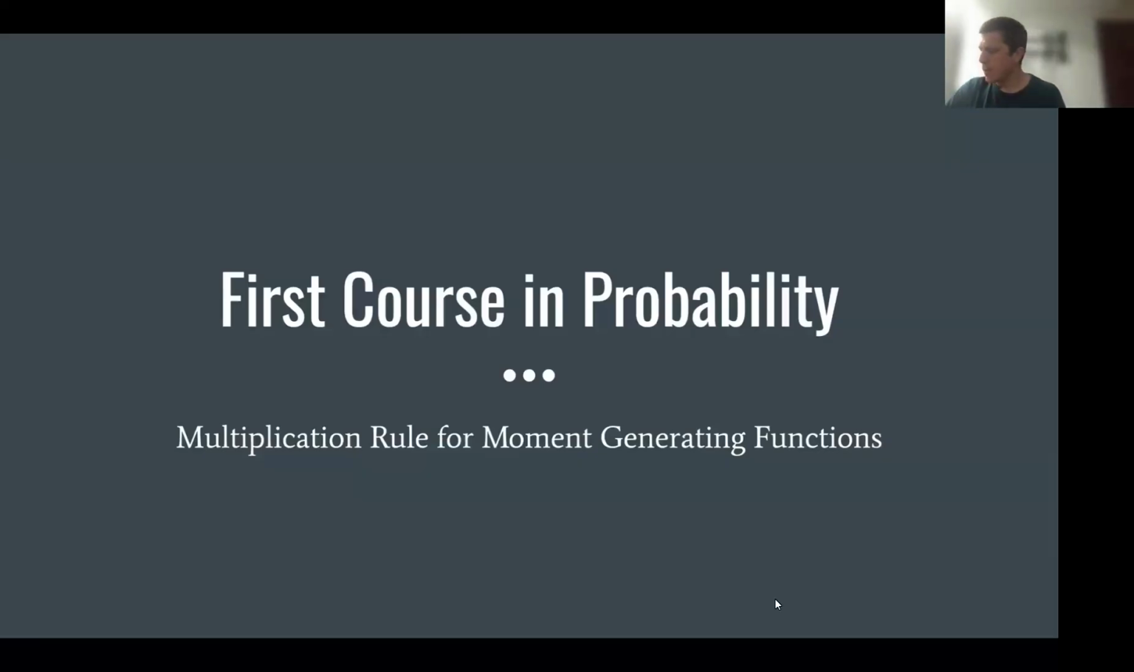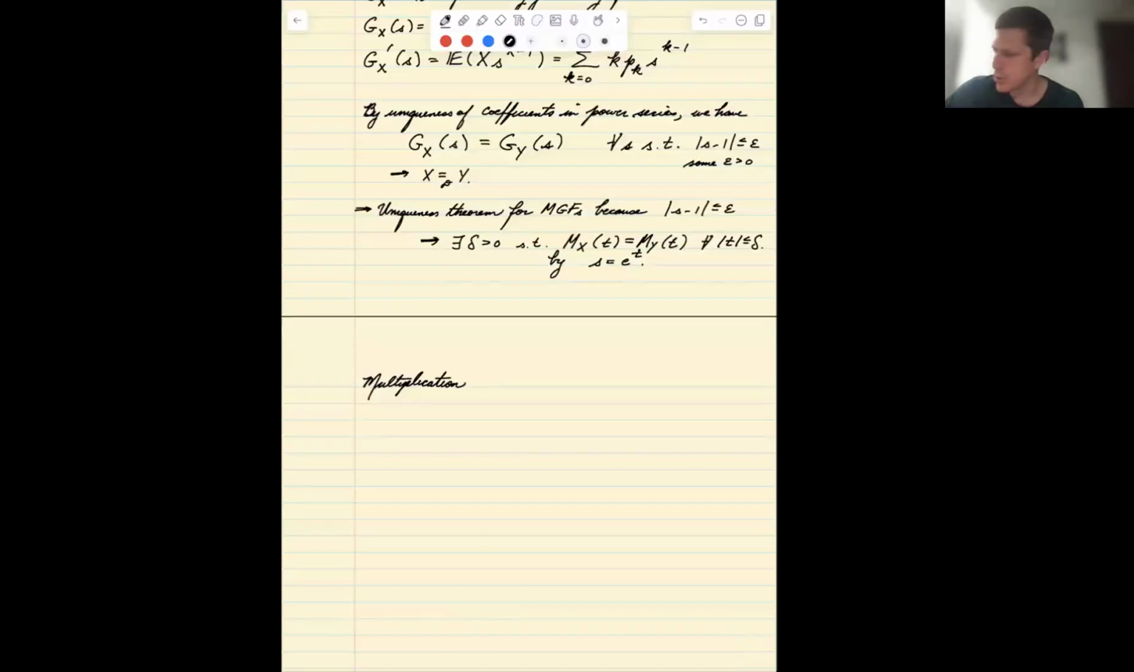All right, the next topic is one of the reasons why moment generating functions are so useful, especially when you combine them with the uniqueness theorem, because it gives us another tool to derive the distribution of a sum of random variables. And we can deduce what the distribution is by the uniqueness theorem if we know what its moment generating function is. So that's what we're talking about now: the multiplication rule for moment generating functions,